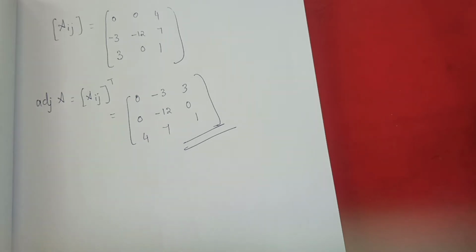Now, the next section is inverse of a matrix. The inverse of a matrix is denoted by A inverse. Let A be a non-singular matrix of order n. Then there exists a square matrix B of order n such that AB equals BA equals I. Then B is called the inverse of A and is denoted by A inverse. The definition is in the book. I have sent the PDF. You can go through that. Here we are going to learn just one small formula.